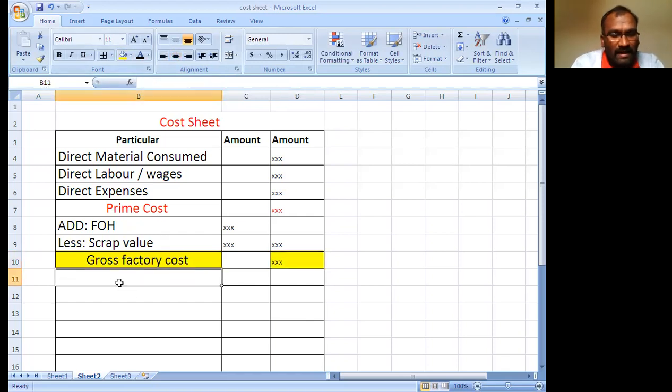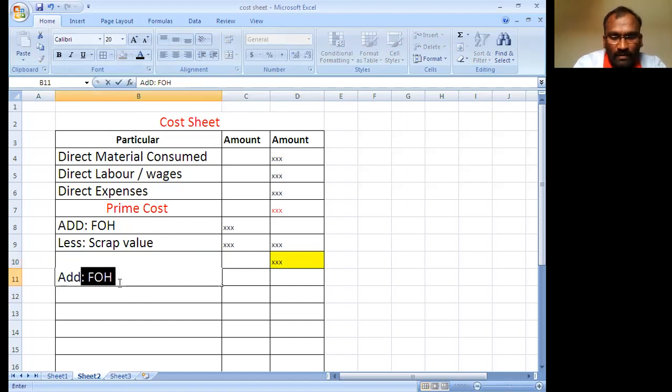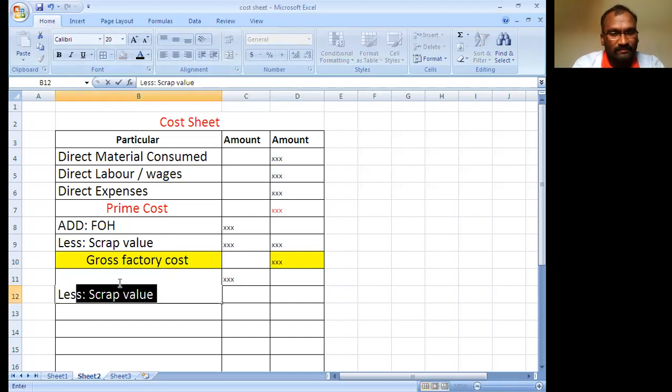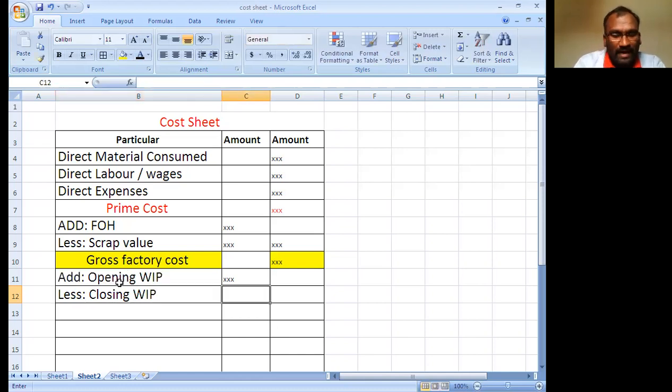Next, add opening work in progress and write it in the inner column. Less closing work in progress. These two values are written in the inner column, and the final value is written in the outer column.